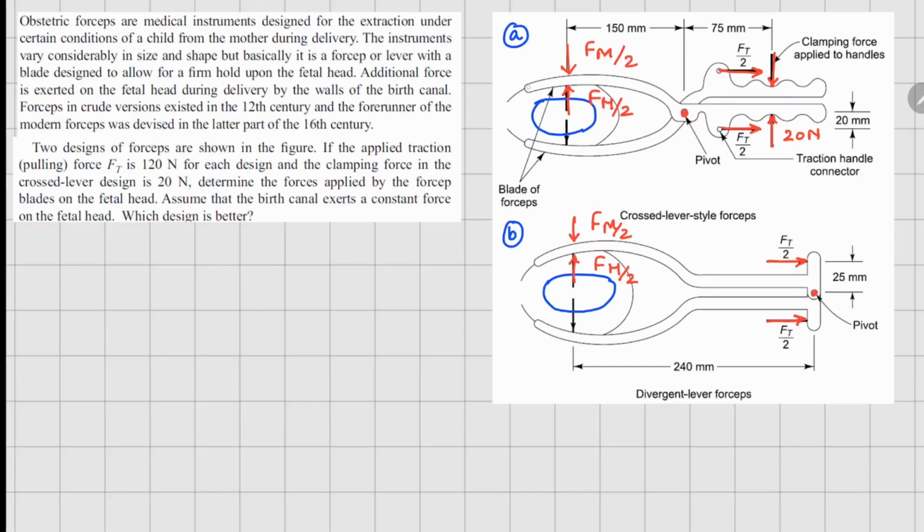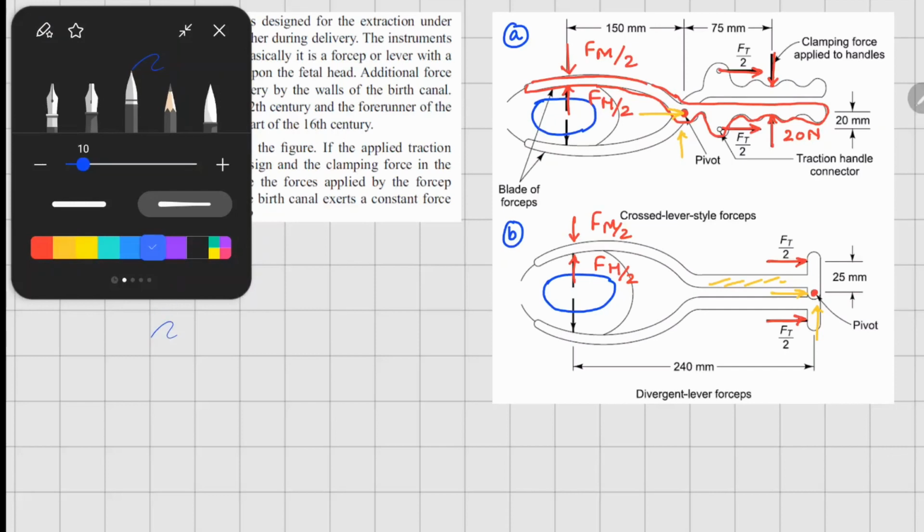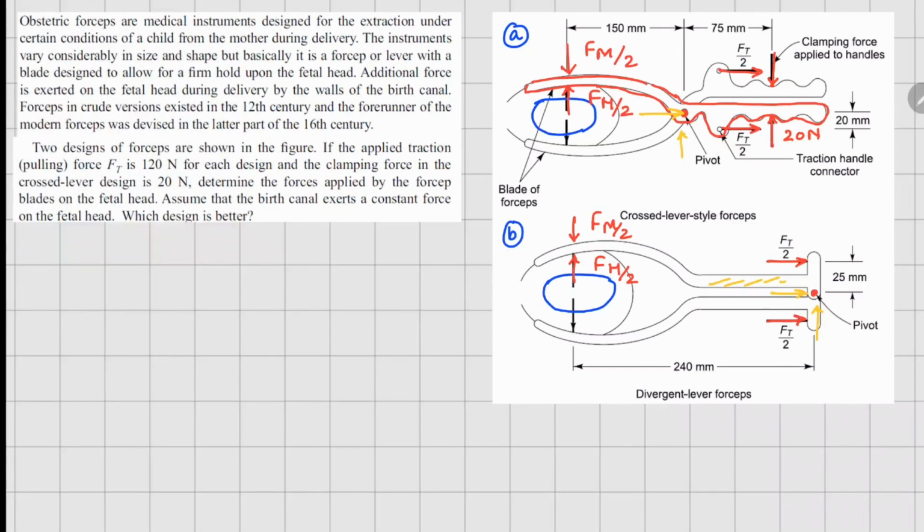So if I consider the free body diagram of only the top section there, on this pivot joint you are going to get two reactions, one reaction in x direction, one reaction in the y direction. Similarly, if I consider only the top part here, there will be a reaction going this way here and reaction going that way. I am not naming them because we are going to take moment about these pivot points, so these forces will not come into picture at all. So if I do the moment balance here,